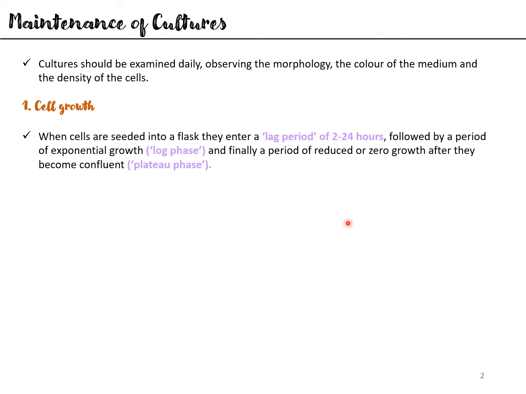So this is very similar to the growth curve that you will obtain for bacterial cultures as well. You have an initial lag period during which the cells get acclimatized to the new environment, and if you're talking about adherent cells, then they make the initial contacts with the surface essential for survival and further growth. After that, there is a period of exponential growth, and then finally as the plates become confluent, and by confluent I mean the available surface area gets occupied, the cells enter into the plateau